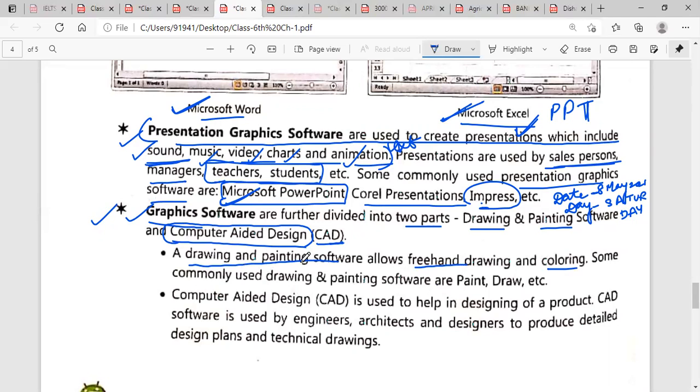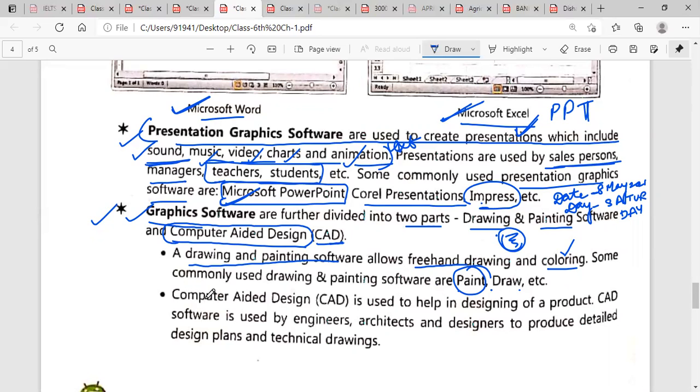In this software, you can draw anything freehand, and you can also fill a color in your diagram. Some commonly used drawing and painting software are Paint and Draw. You can take an example of Paint. In Paint you can draw anything and you can fill a color in that figure.